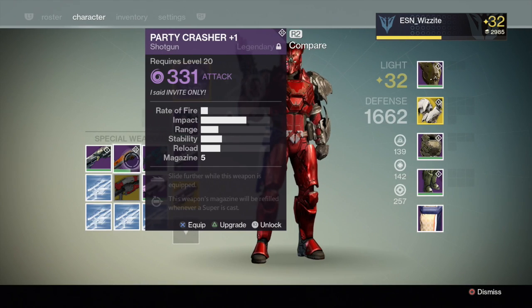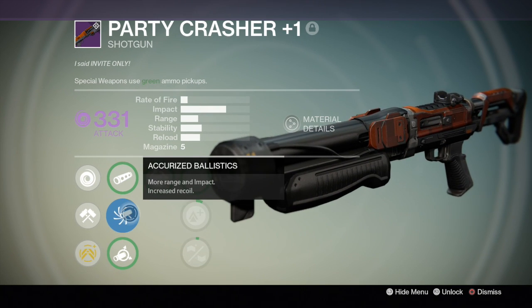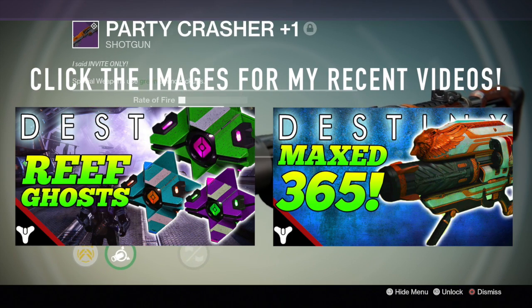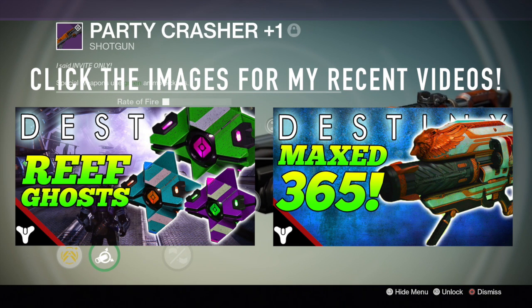Then I have Party Crasher 1, which is a really, really good shotgun. I don't have the best roll though, so I'm going to plan on re-rolling it. What you want is Accurized Ballistics, and then you want rifled barrel, shot package, and rangefinder. Unfortunately, I have Replenish and Knee Pads. Again, not the best roll, but this shotgun is literally amazing. I did actually do a video on this shotgun separately, which I'll have a card on screen and a link